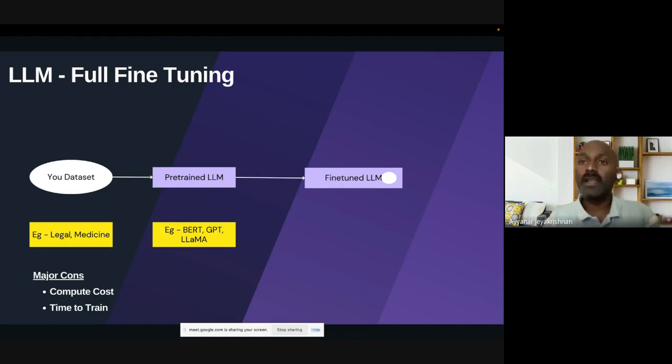But for all the parameters, let's say you're taking Falcon 40B, a 40 billion parameter model, you need to completely retrain using all the 40 billion parameters, which will take a lot of compute. But it is still doable. If any company wants to live only within their data and their context, they can fine tune a pre-trained model of their choice. But as I said, the major concerns are the compute cost and the time to train. Based on your data and the parameters, it will take time to train the model.